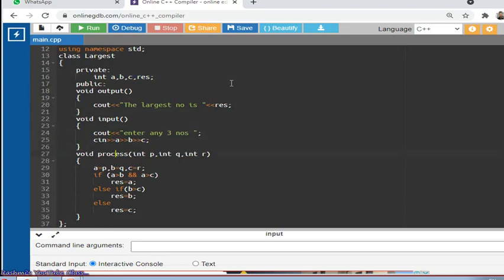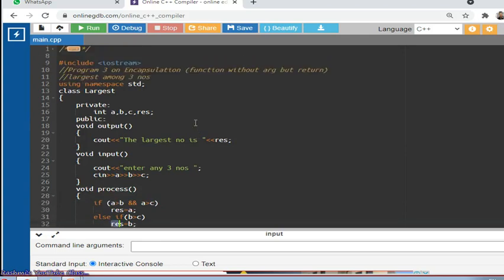Then process. As we are not getting any argument, we need not write anything here, and we need not write this line as well. So we can simply find the largest and the value will be stored in RES. Now, as the concept says function without argument, we don't have an argument here. And return.